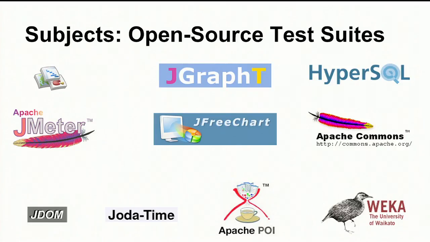So they come from a variety of different problem domains. They are all Java programs or libraries. We have Google Visualization, which draws graphs and charts. We also have JFreeChart in the same domain. It draws charts as well. We also have graph theory, so that's as opposed to charts, it's graphs, nodes and edges.